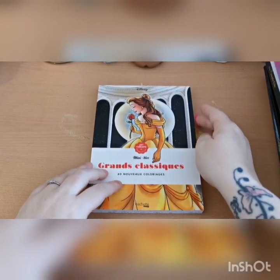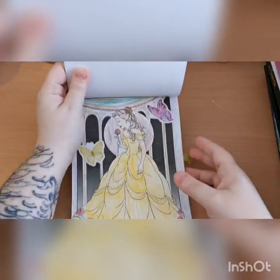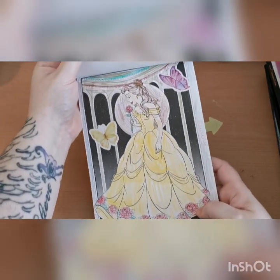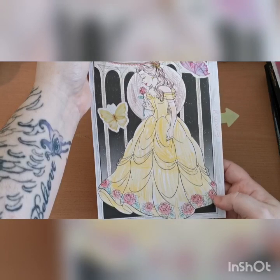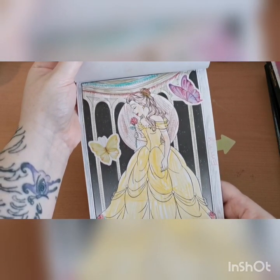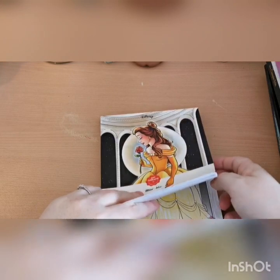Okay, so the first page was coloured by Emmy, and she coloured this one of Belle, and as you can see, she put some butterfly stickers on here as well. I think she's done a really beautiful job. So that was coloured by my youngest, and she's written her name here as well. And then the second one